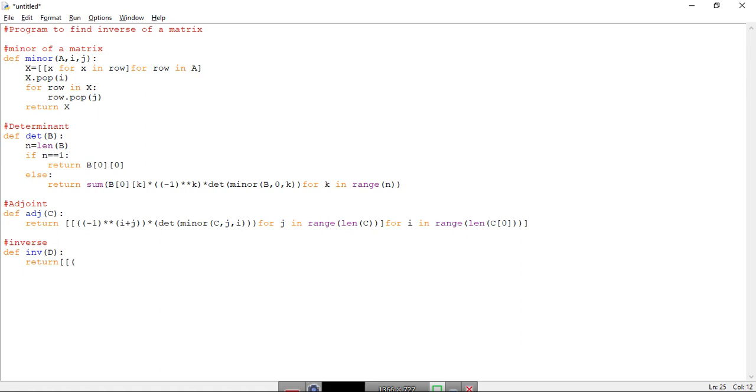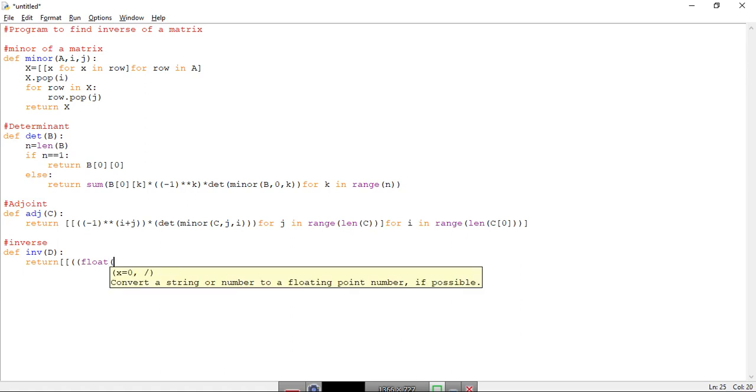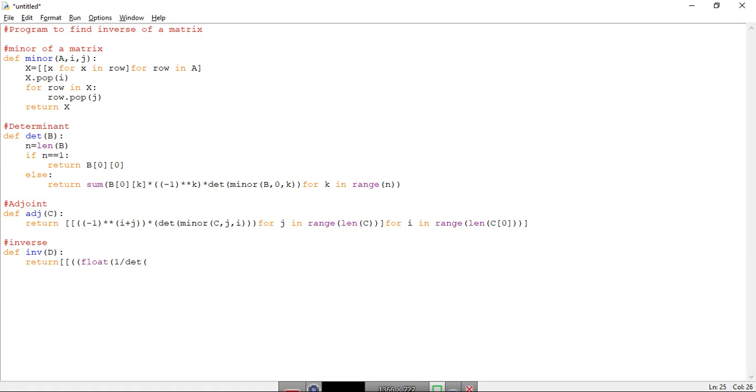So first bracket, second bracket, float means we may have a fraction, so 1.5, 2.5, something like that. Float, it will be 1 divided by determinant of D. In this case we have taken D, so close the bracket, again close the bracket, 1 upon determinant of D, that will be the float, so again close the bracket, so that will close the brackets for float, into adjoint.